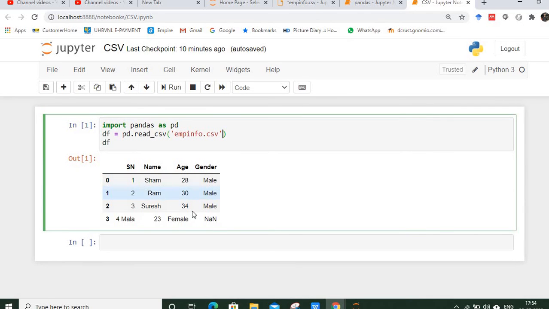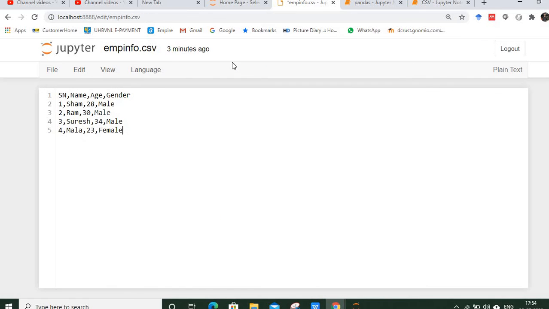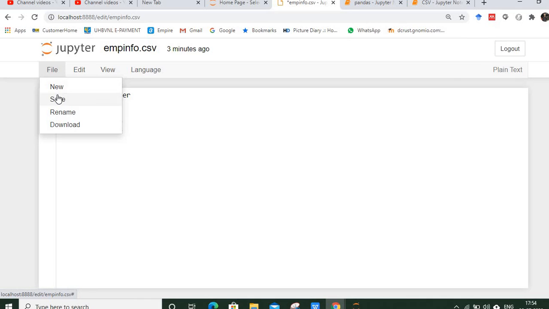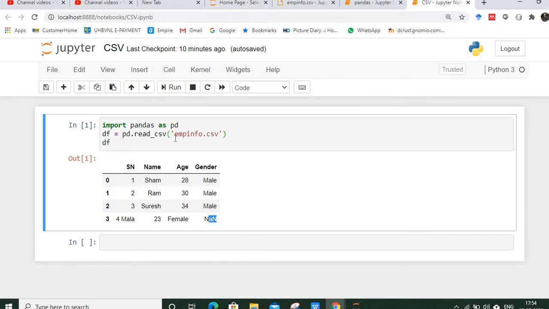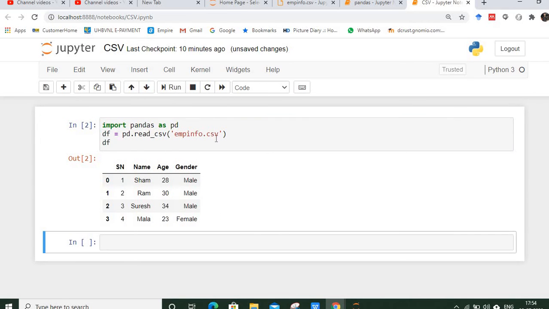Also, another important thing to see here is that since we do not have a comma in that file, these values are treated together and are given as the serial number value, and then another value is given to this, another to this one, whereas the last column does not have any value mentioned there, so a null value is assigned to that. Okay, so now I have updated this file, and we need to re-execute this code again.